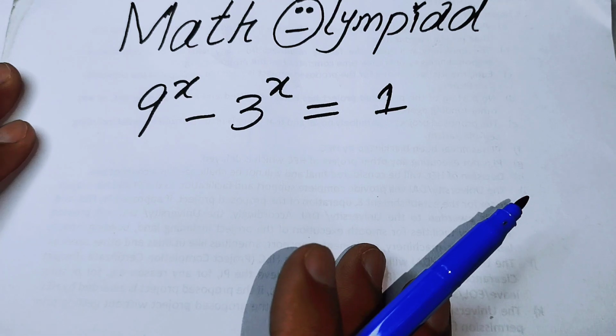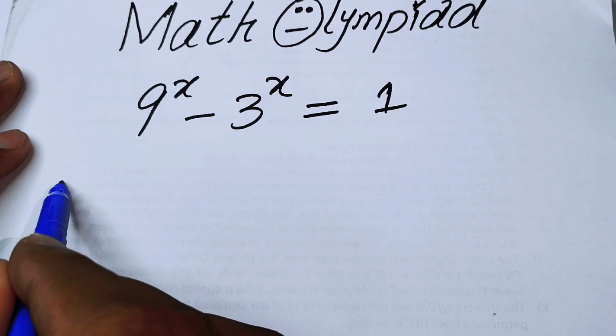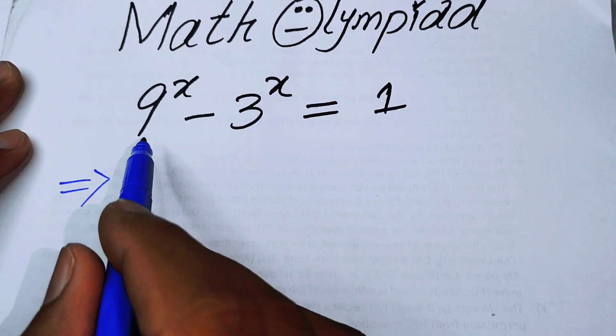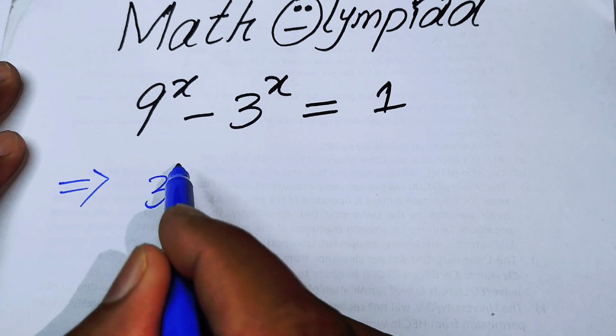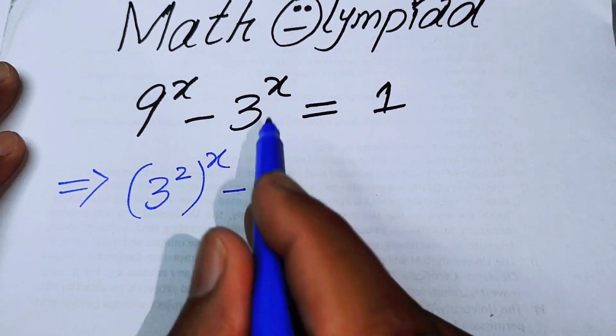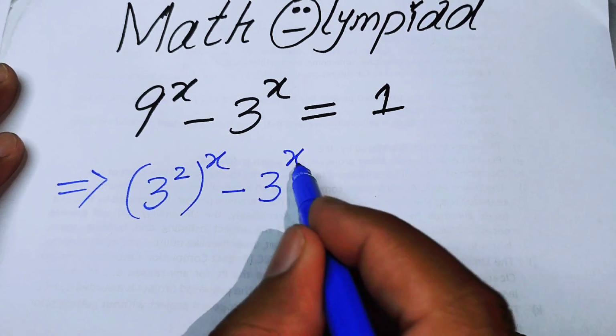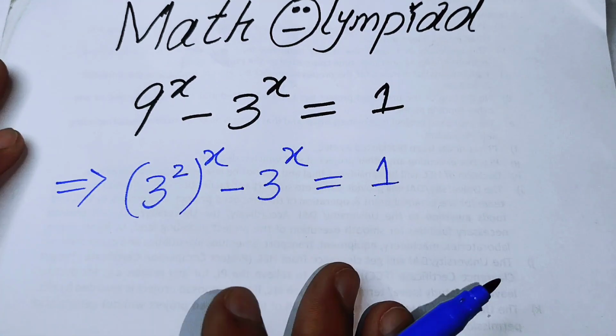So the very first thing we are going to do is rewrite this exponential equation. We can first write this 9 to the power of x as (3 to the power of 2) to the power of x, minus 3 to the power of x is equal to 1. And after that